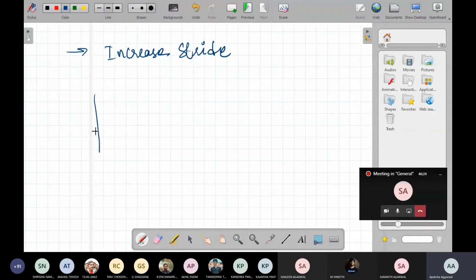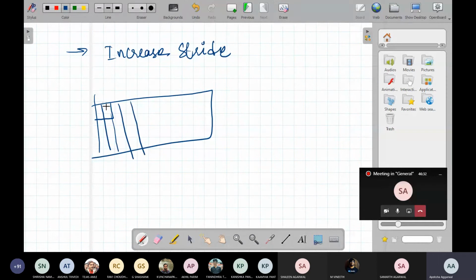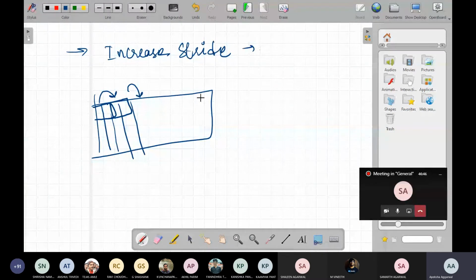Suppose it was a 2x2 filter and we have this image. If the stride was 1, it will move from here to here. But if the stride was 2, it will move directly from here to here. So there are fewer computations. To reduce the number of computations, we increase the stride.